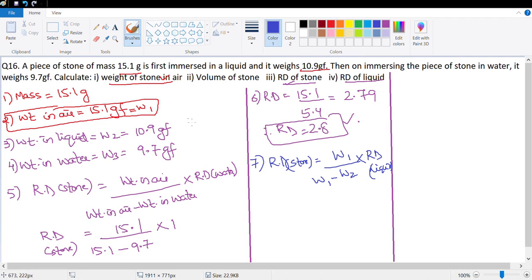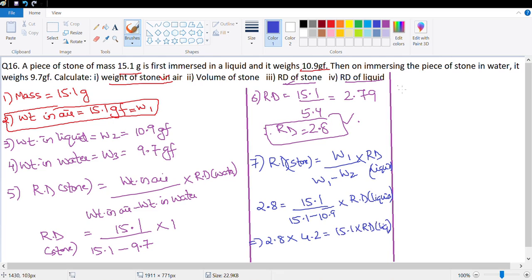Let's substitute values. Relative density of stone we just calculated as 2.8 is equal to weight in air, which is 15.1, upon 15.1 minus weight in liquid, which is 10.9, multiplied with relative density of liquid. That's what we need to calculate. So this would be 2.8 multiplied with, that's 4.2. Yes, this is 4.2 is equal to 15.1 into RD of liquid, which means RD of liquid would be equal